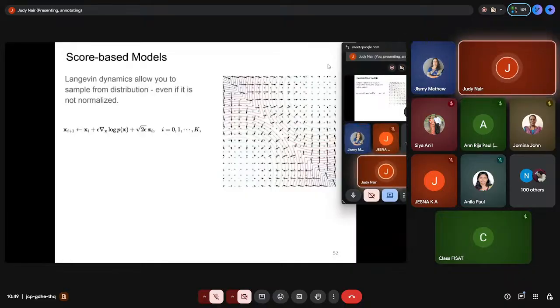So there is a concept used here, what actually helps you to move. Looking at the delta value, we can understand how it is used to climb the hill, or move towards the high density area, but still it follows what is called Langevin dynamics. That is the first term. Our xi is the actual value, plus we have calculated the delta here. So the first term moves towards higher probability, and the second term helps you move towards randomness.